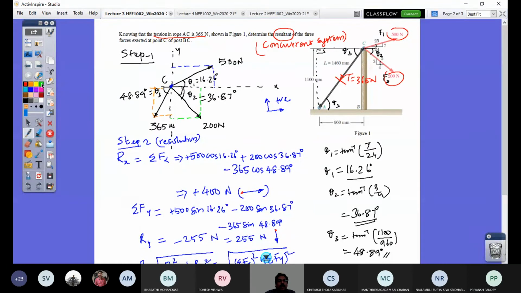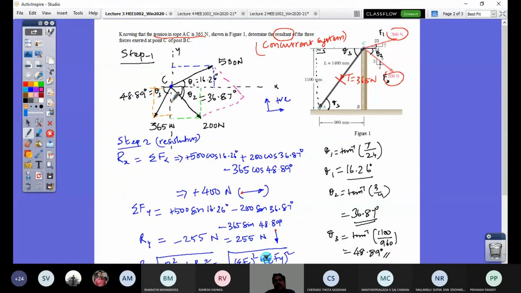So what do you have to do essentially to solve this problem like this? You may have to complete this parallelogram. Let me just explain. Let me draw for this. Draw a line from this head to this, like this. I have not drawn it to scale, and then draw here this. So that completes the parallelogram, right? The diagonal of this parallelogram is the resultant of these two. Then you take that and find its angle. Then you take that force and this 365 force, and that is an obtuse angle.